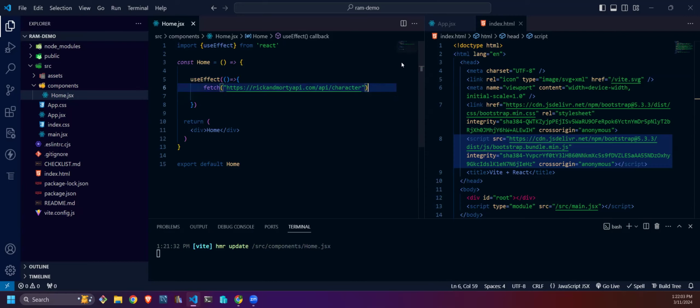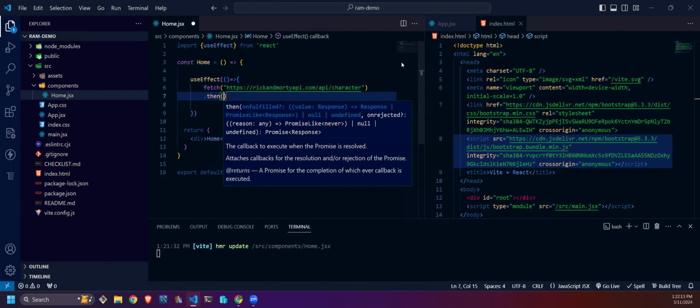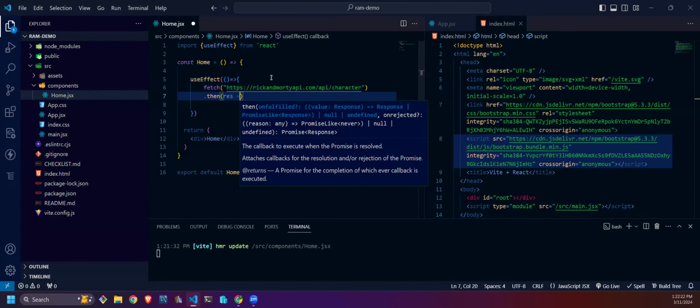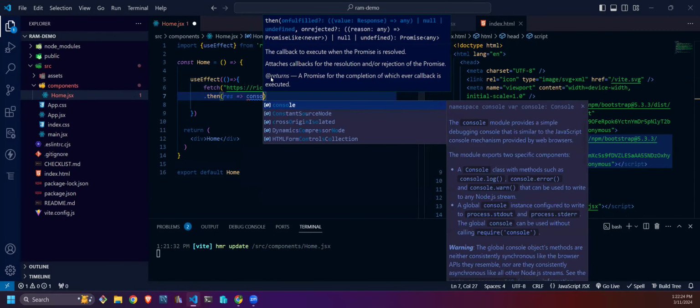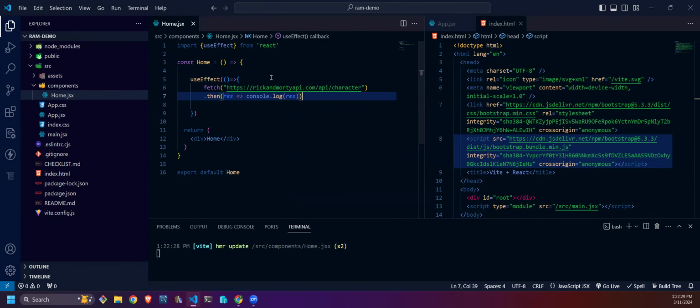So if I want to access that promise, whether it's the data I want or the error I get, I'm going to chain on .then. That'll give me access to whatever fetch is going to return. Okay, so I'm just going to console log it for now, just so we can take baby steps. So we'll just say res arrow function console.log res. Okay, so whatever happens when I call this function, I should see it now in my terminal